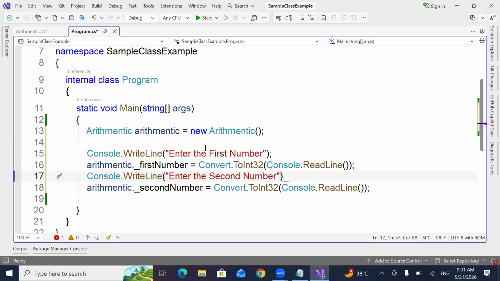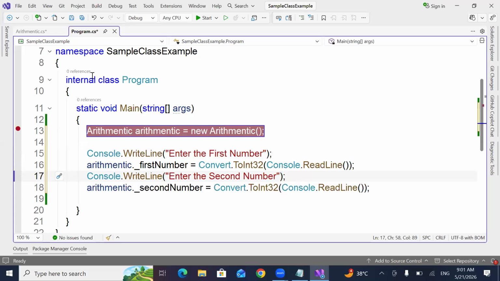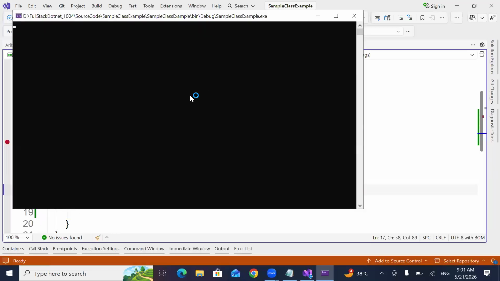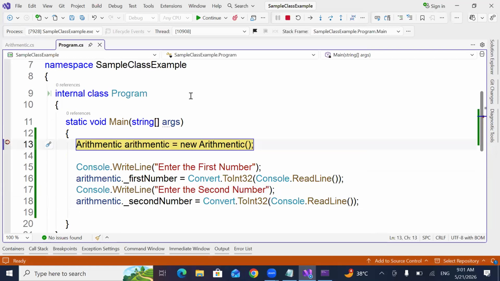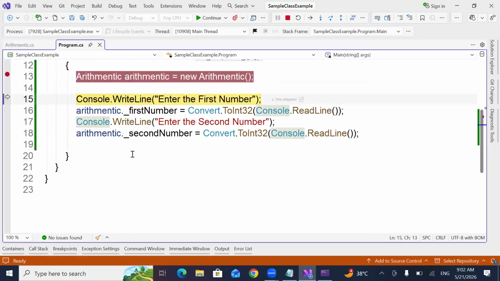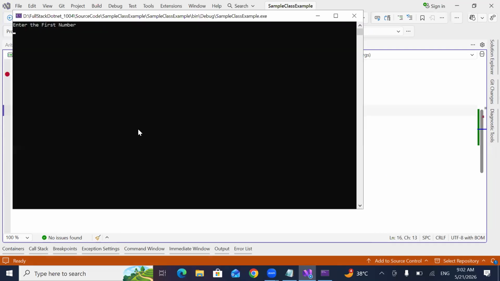So I have first number and second number, right? Let me try to run the program. Start. Now come back. It is creating an object. Now trying to show the value. I'm giving 20.